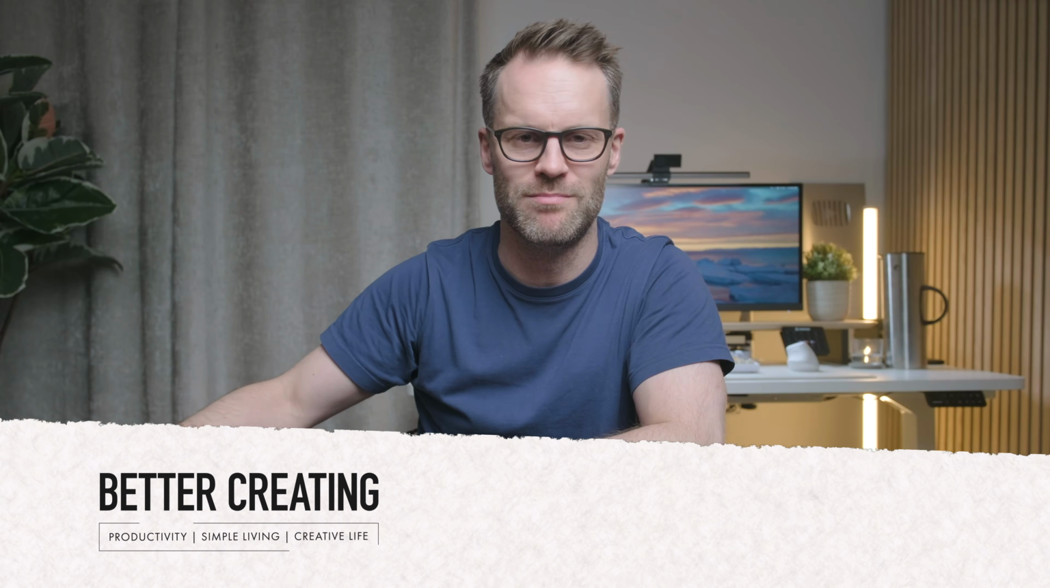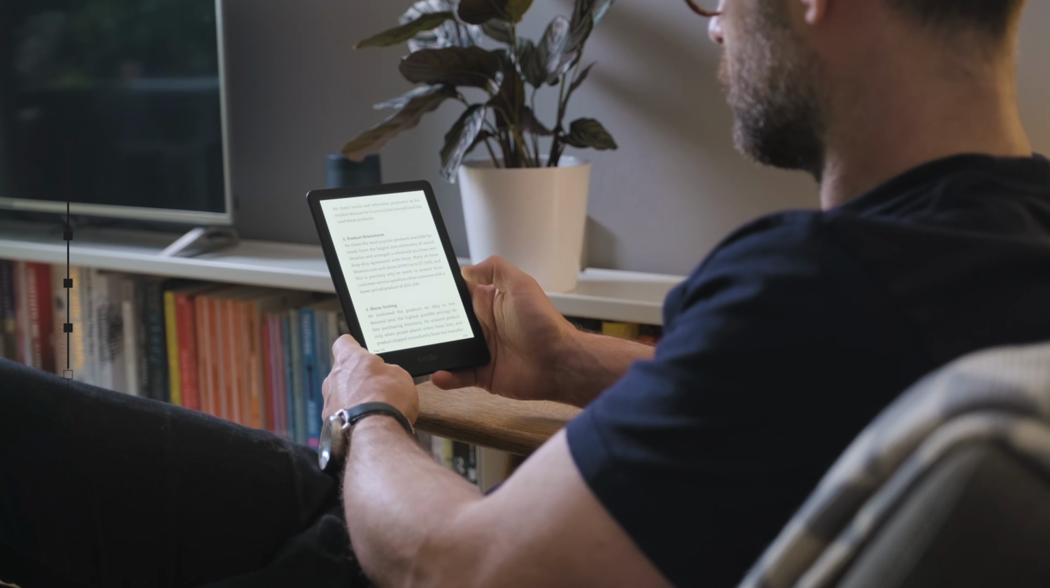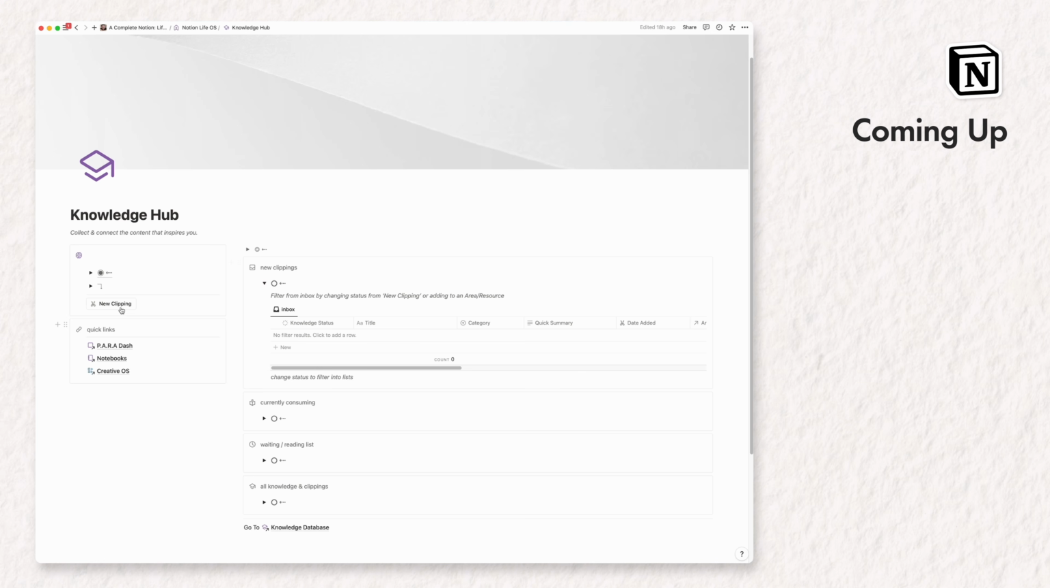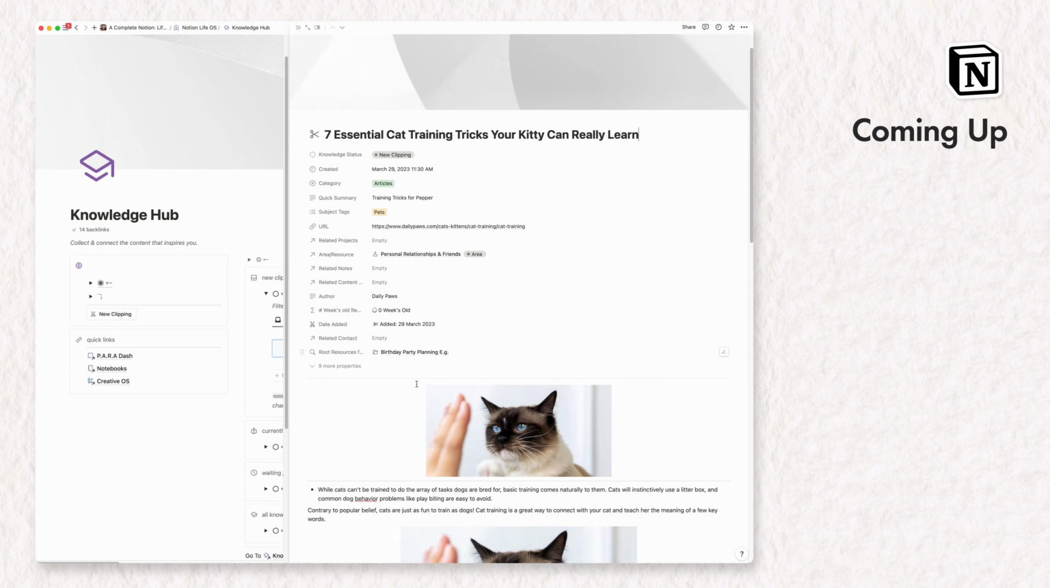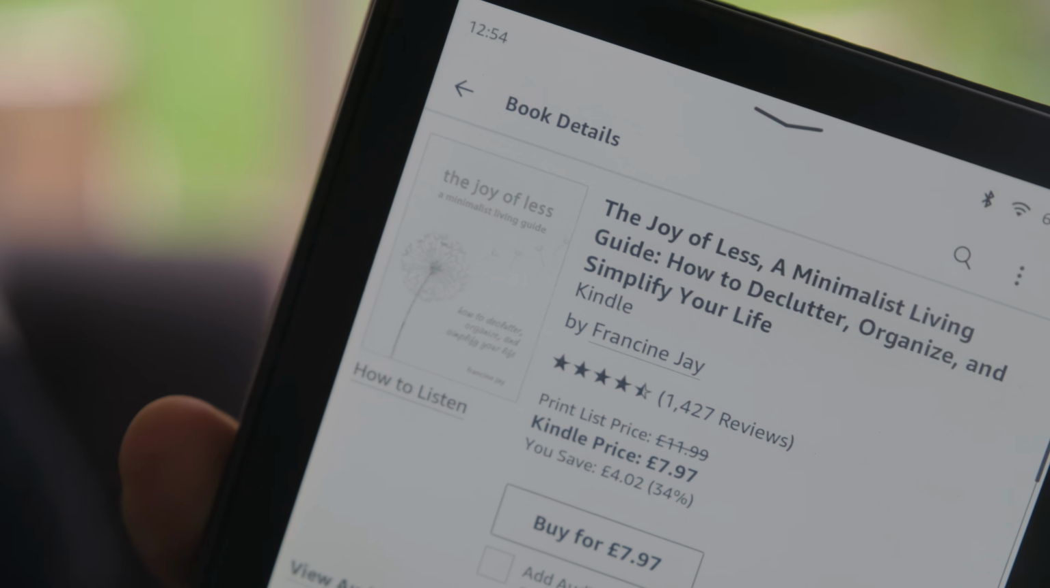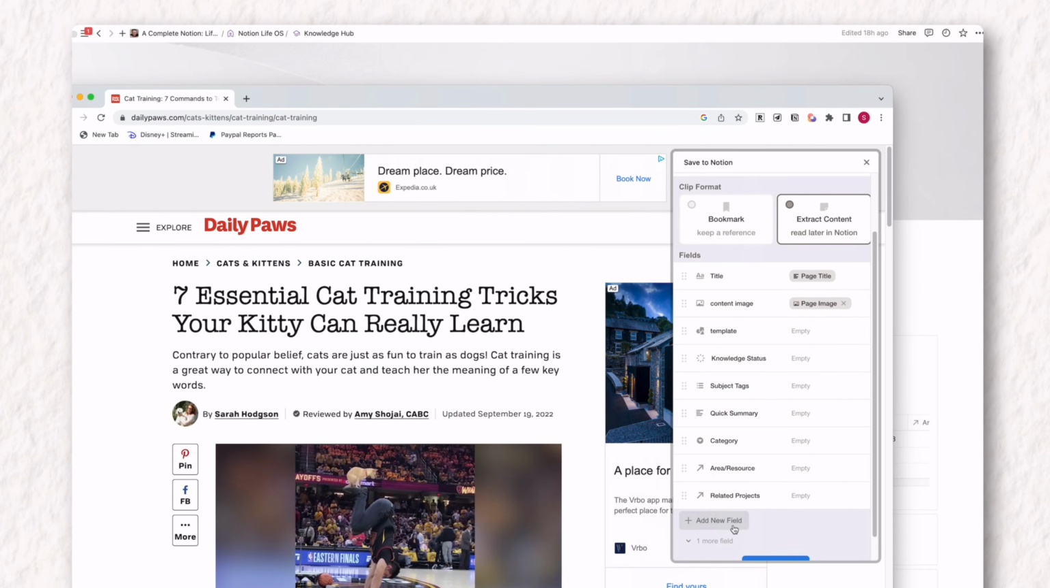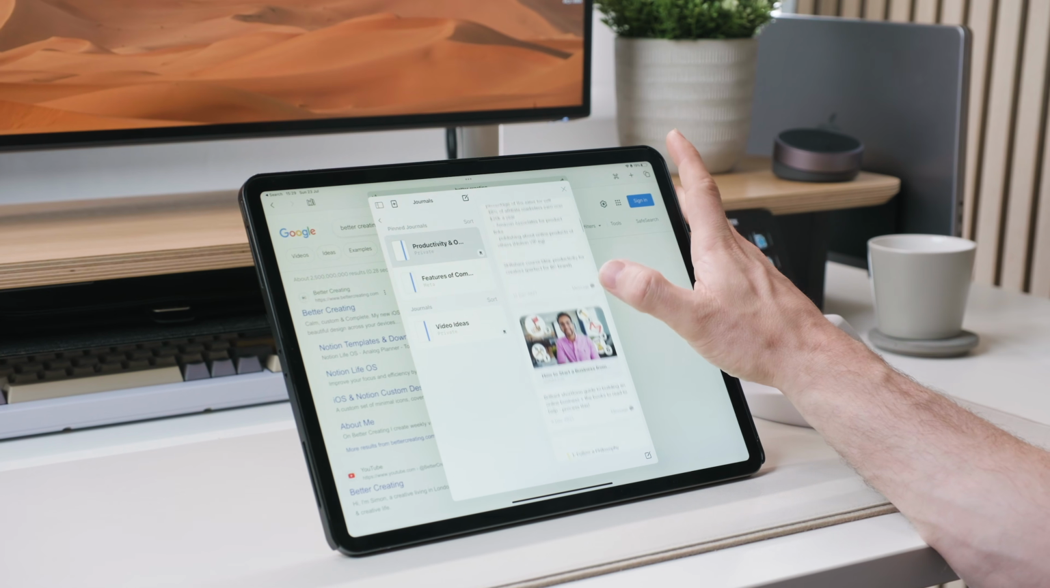Hi, it's Simon, this is Better Creating, and this is my guide on how to collect clippings, quotes, and other great ideas quickly and easily straight into a Notion second brain. So from Kindle highlights to custom web clipping forms and podcast summaries and the rest, this will help you make